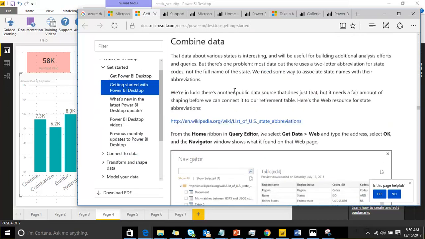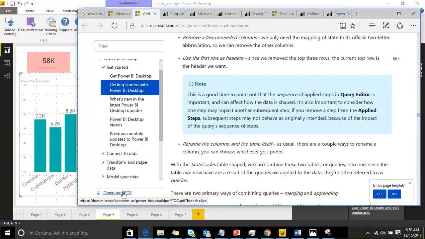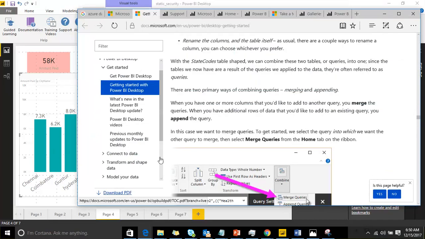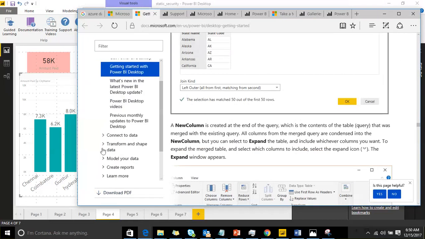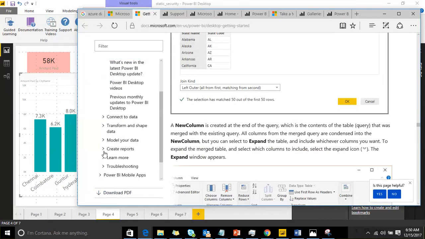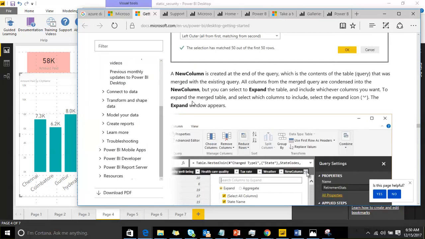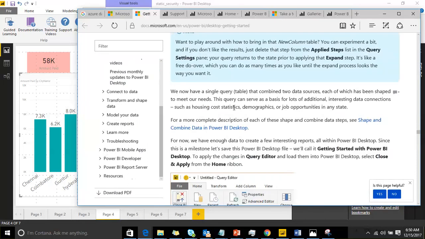All the options are available over here. So you can download that PDF. Whoever is asking for a book related to that, download the PDF and you can take a printout. All the options are available: how to connect, how to transform, how to model, how to create reports, and everything related to Power BI. Or if you open the Power BI site,